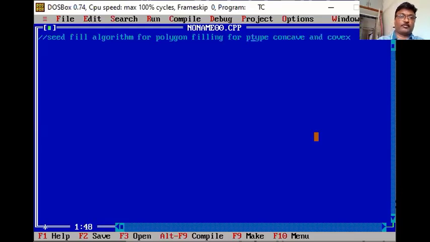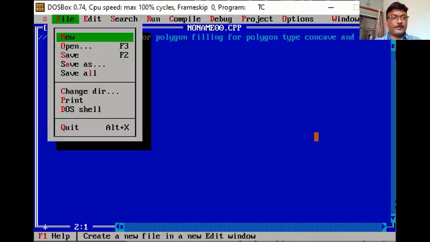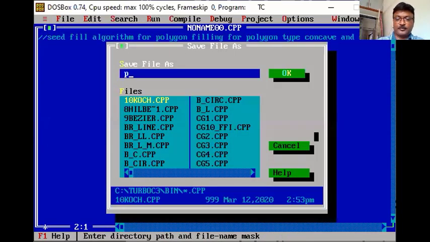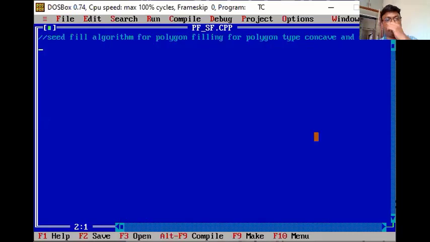Or polygon type concave and convex. This is my title, suppose. So the user can understand. So polygon fill by using seed fill .cpp. This is my program name, suppose polygon fill using seed fill.